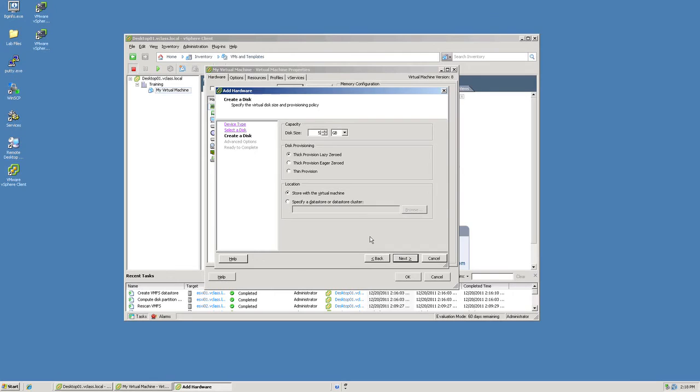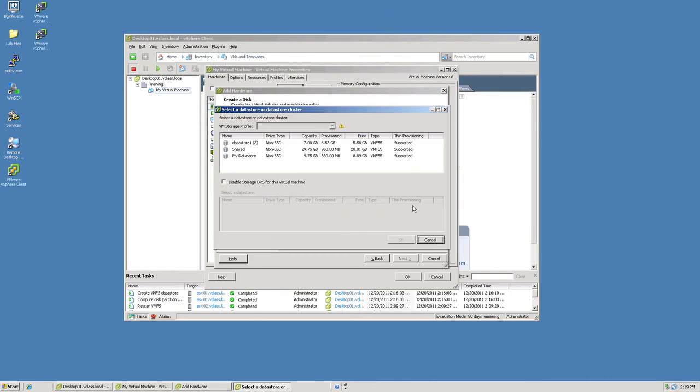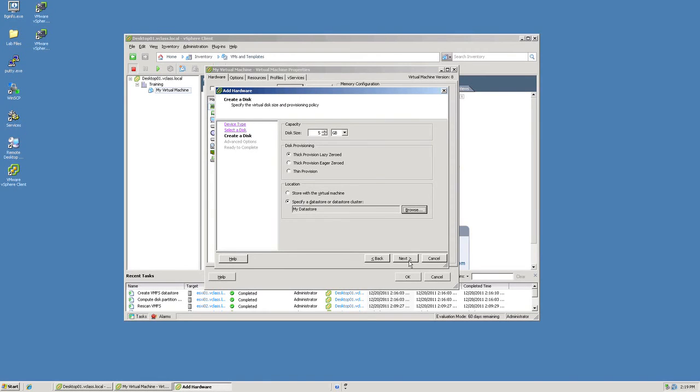And then we get to specify where we want the virtual disk to reside. Now, by default, the virtual disk that I'm creating is going to reside in the same location as the virtual machine. In other words, whatever data store the virtual machine's files are stored in, this new virtual disk would also be stored there. But to illustrate making use of this new data store, I'm going to choose to specify a data store. I'll then click the Browse button, and you'll notice that amongst this list of data stores is my new data store. If I select my data store and click OK, then click Next,